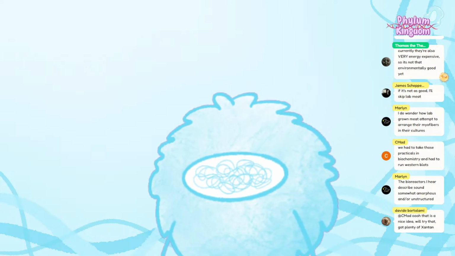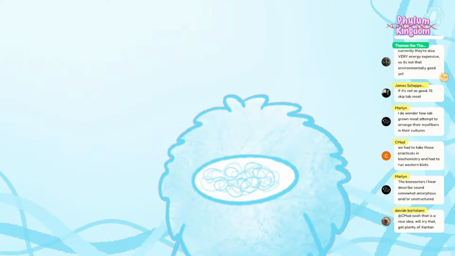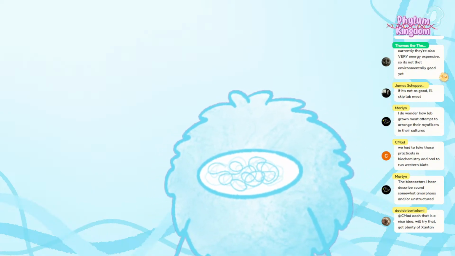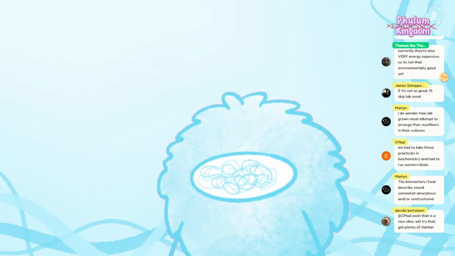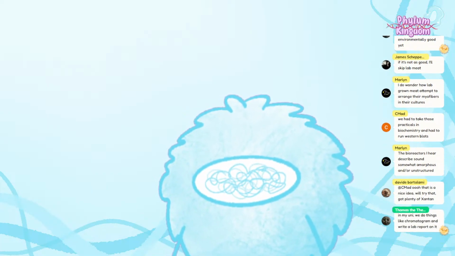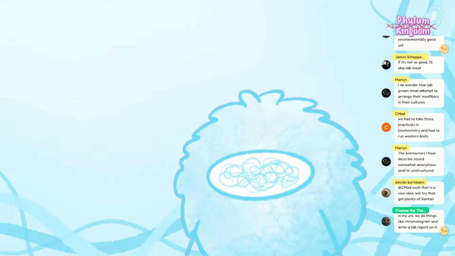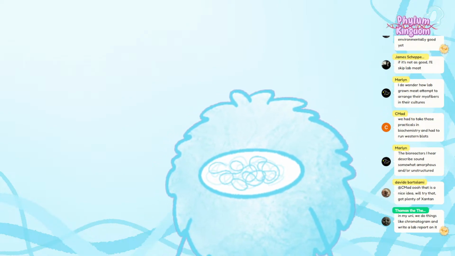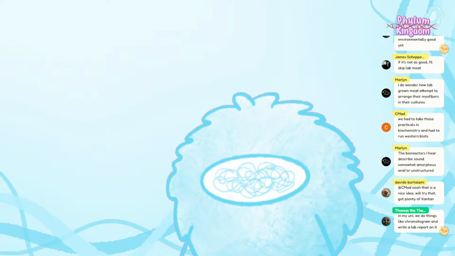If it's not as good, I'll skip lab meat. I'm willing to be an early adopter, right? Not all technology is perfect when it rolls out. Early versions of the iPad were enormous and people made fun of them, but there are true believers who believed in that product, and I'm a true believer in lab-grown meat. As long as it's reasonably affordable, I'm very willing to be amongst the first to test it.